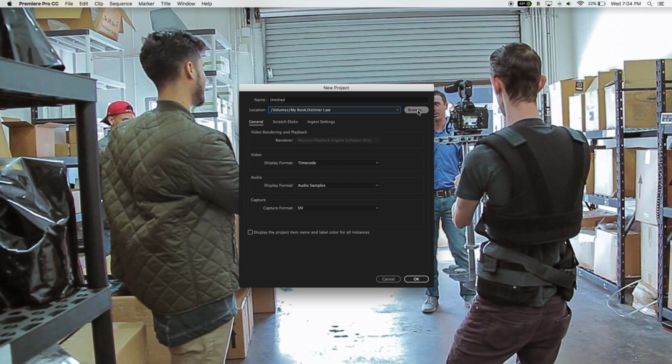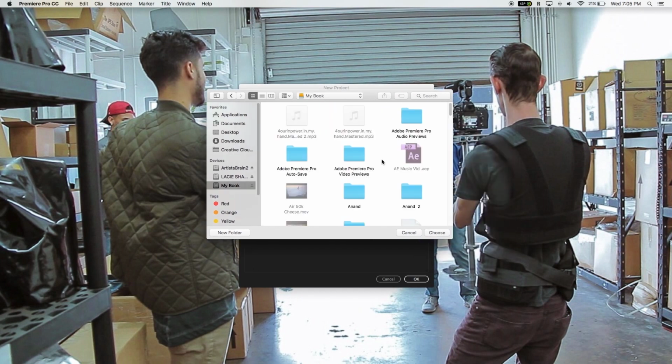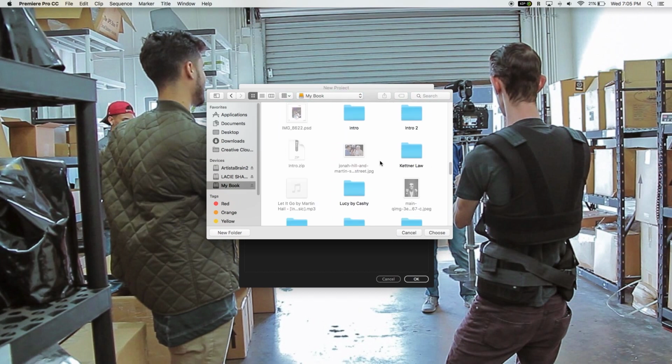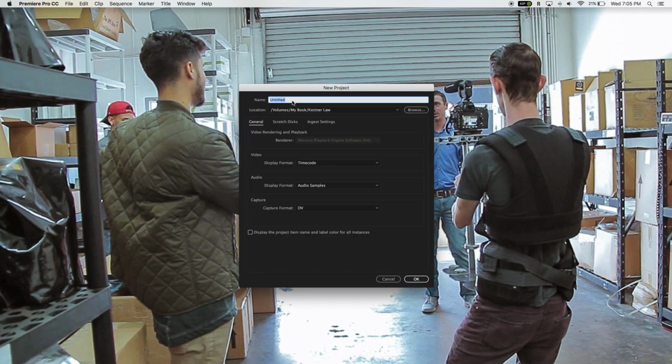And obviously before you start or open Premiere, make a new folder wherever you want this to go. If you want it to go to your documents, put it there. If you want it to go to an external drive, you can, and that's what I'm doing right now with my external drive, right? Browse, and I'll go to this folder, Finder, My Book, which is my hard drive, and then set it to the folder of your choice. I'll choose Kettner Shoes and name it SH Commercial. Okay,